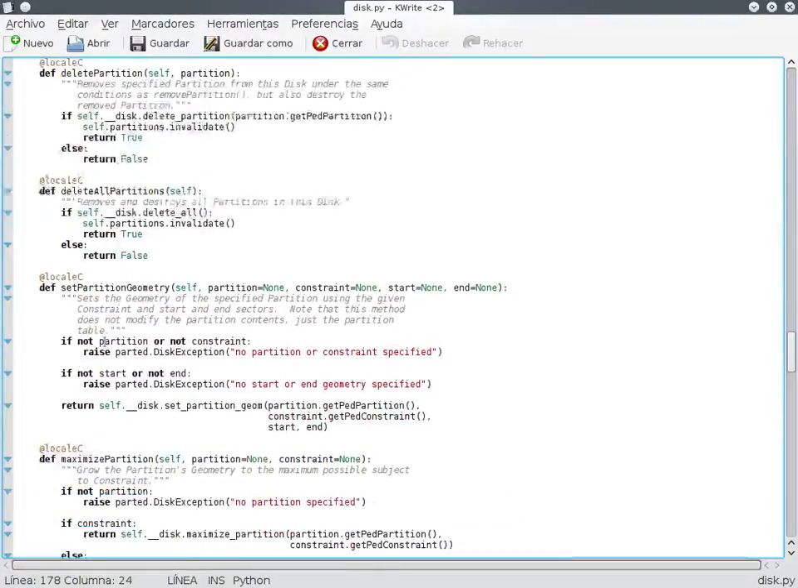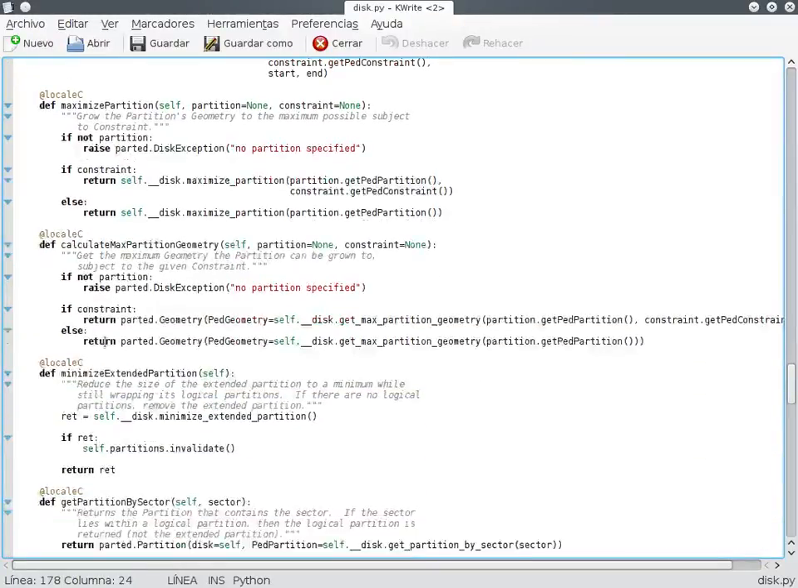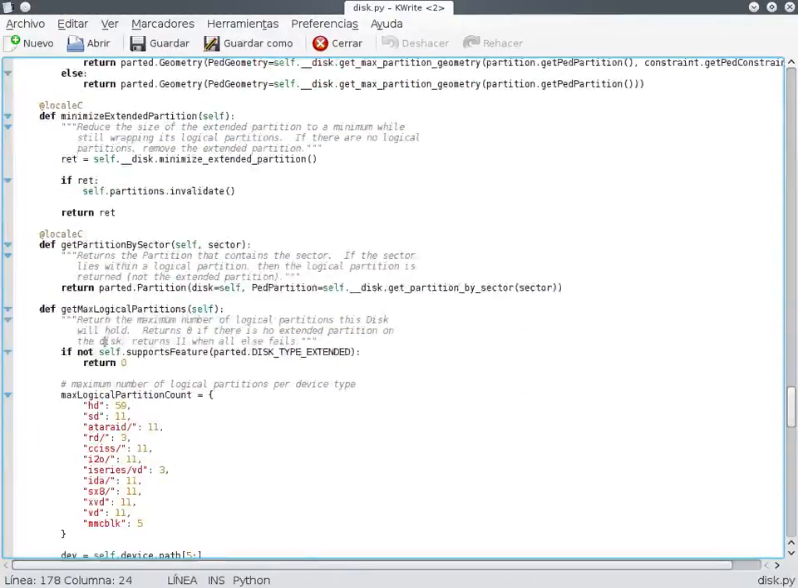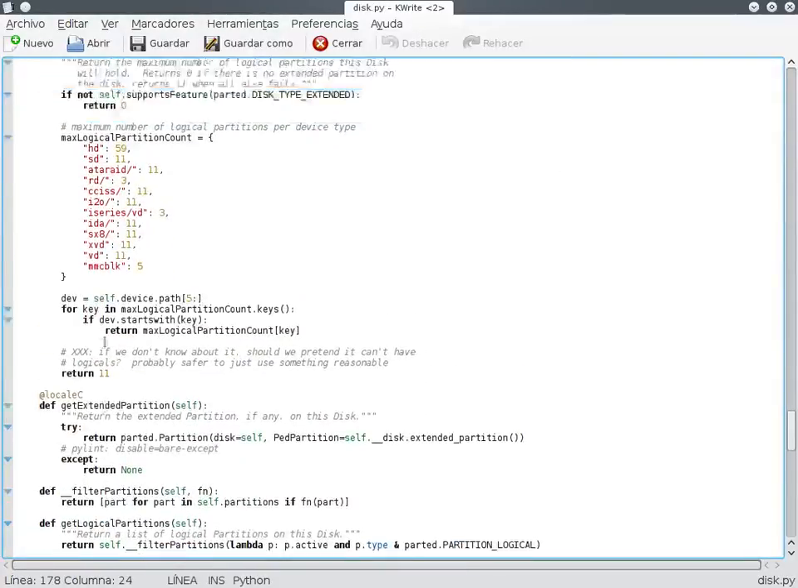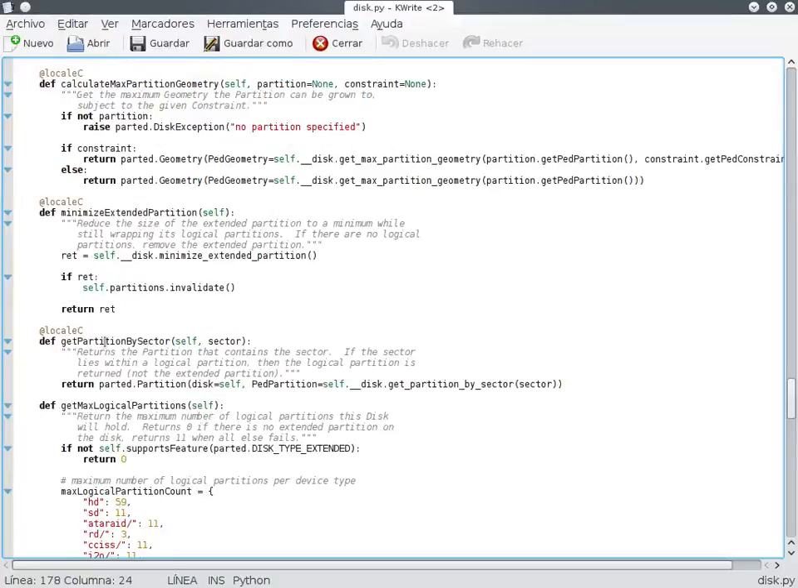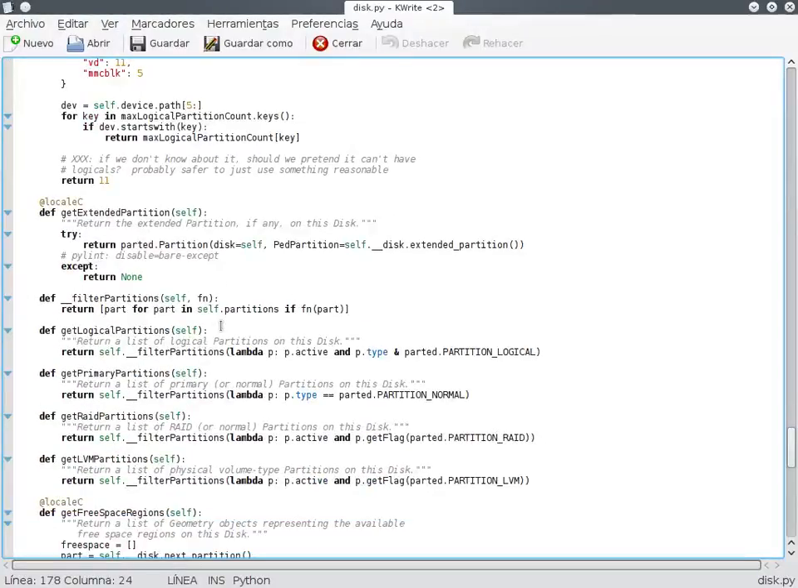Remove partition, delete partition, delete all partitions, set partition geometry, maximize partition, minimize extended partition, get partition by sector, get partition by number. It's what I need. But so filter partition, what the hell is this? Return part for part in partitions if fn part. Okay,